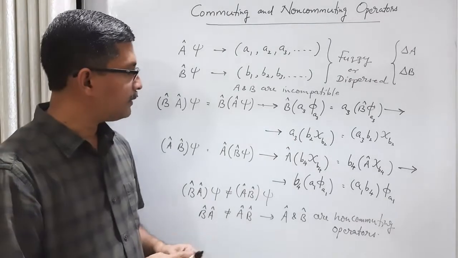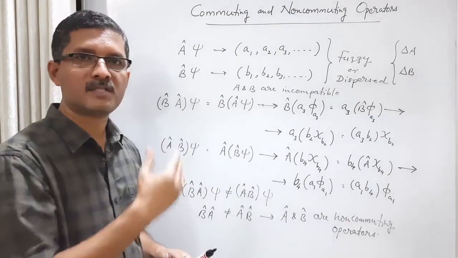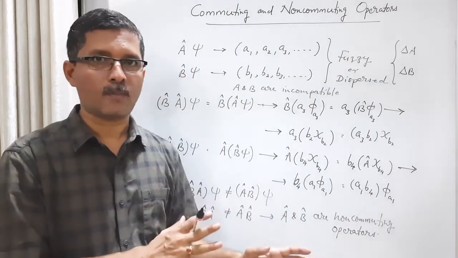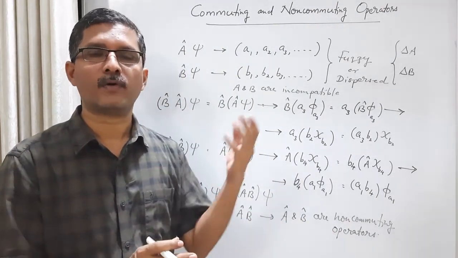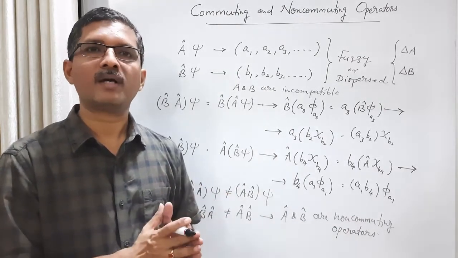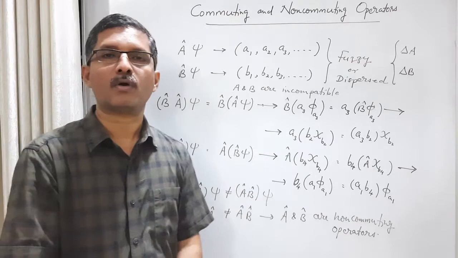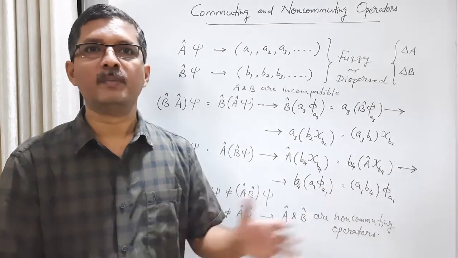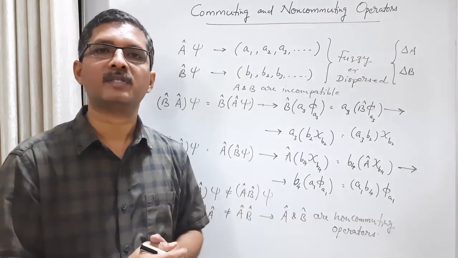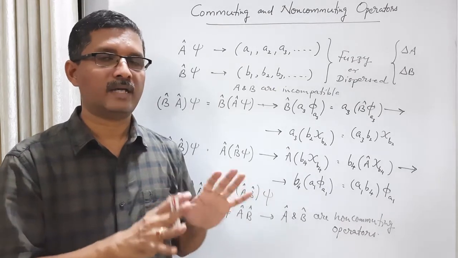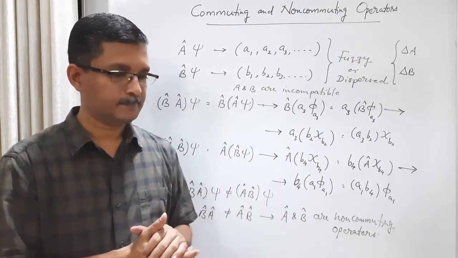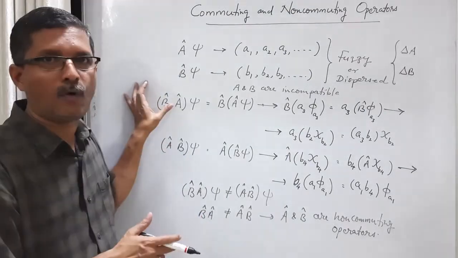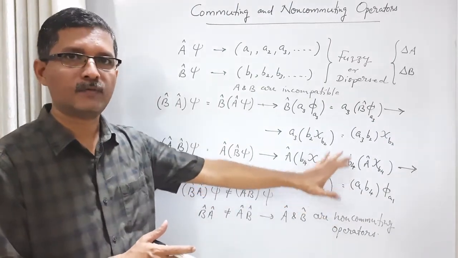We considered a third possibility also, that the state psi is an eigenstate for one of the operators, let us say A, and it is not an eigenstate for the other operator B. You can just try it on your own. There A will be sharp, whereas B will be dispersed. Again, A and B are incompatible quantities because they are compatible only if both are sharp. And there also you can show that when you change the order of operators, you will end up with different results, different final states.